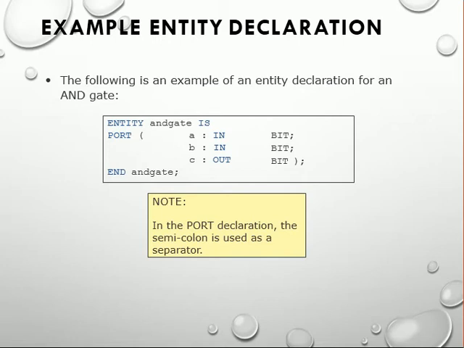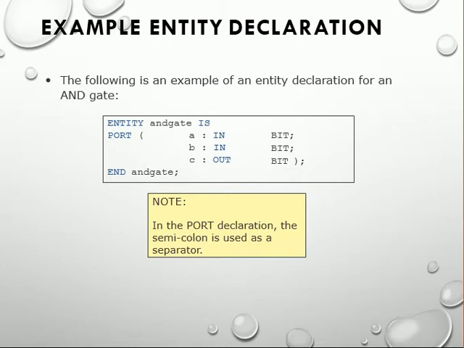Okay, so always remember that you cannot write just AND as the entity name, but you can have AND gate, or you can write it as AND underscore gate as the entity name. So we have used AND gate as the entity name, and after that it is followed by is, which is the keyword. So now we have the statement entity AND gate is, and after that we are going to declare port.